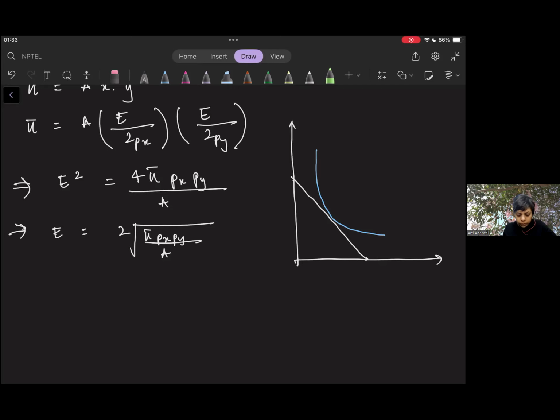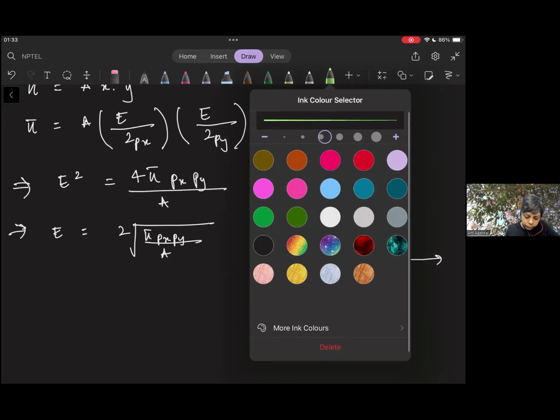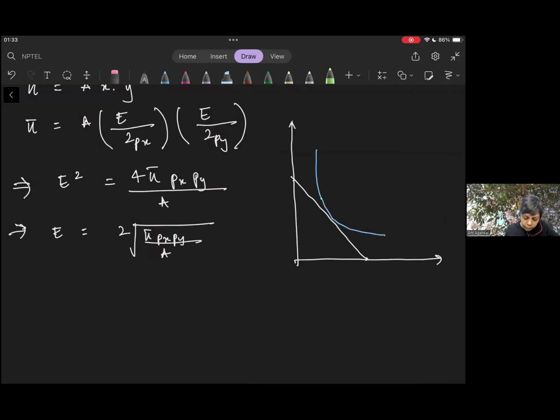So what we're doing is we're moving along this indifference curve, holding the utility constant, and at some other point we are going to find the, wait, let me just draw it. So what happens is we rotate the, okay, I've not drawn this very accurately, but let me first draw the new budget line and then we'll draw the,